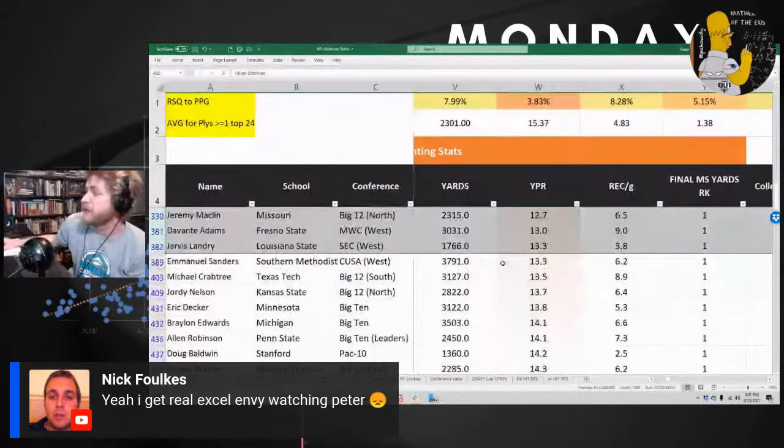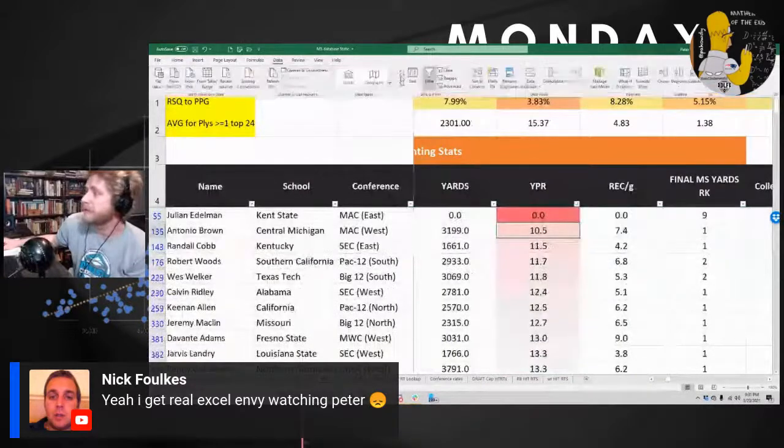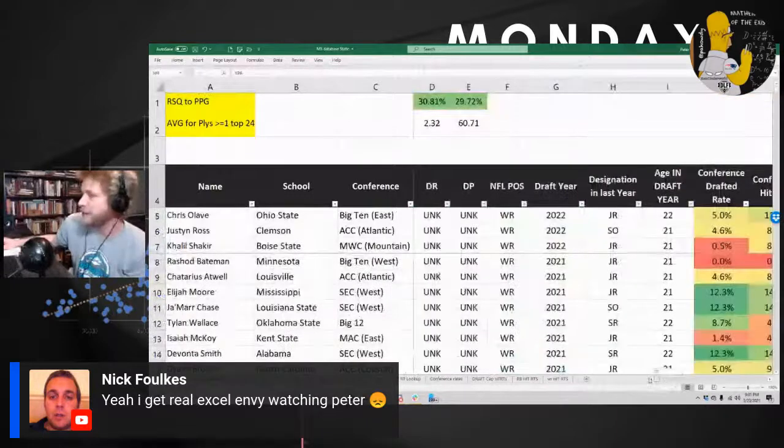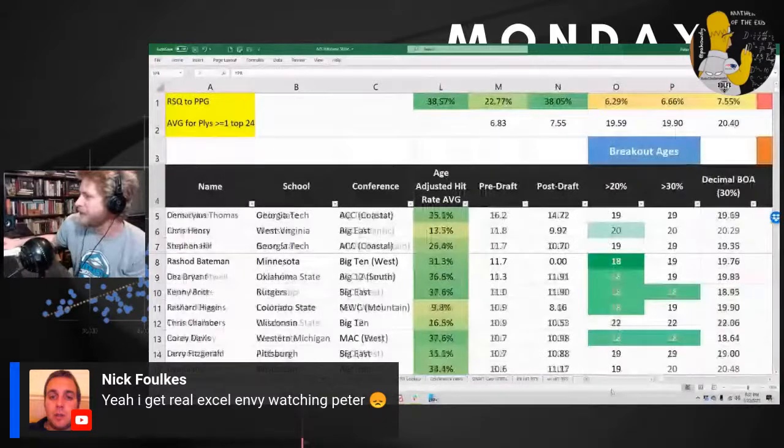I think it's neat that Ronda Moore and Antonio Brown have a comparison point, even if it is yards per reception. It's a bad comparison point, to my own little rant there.